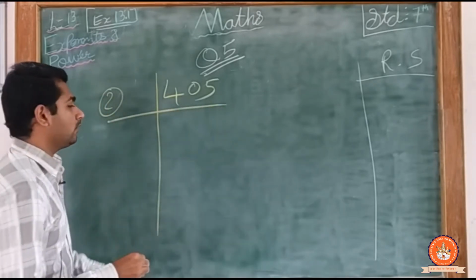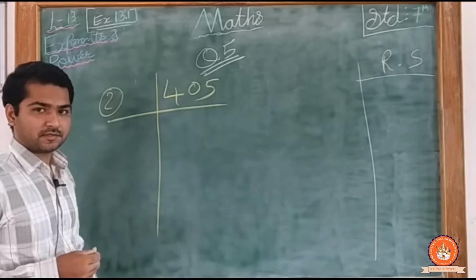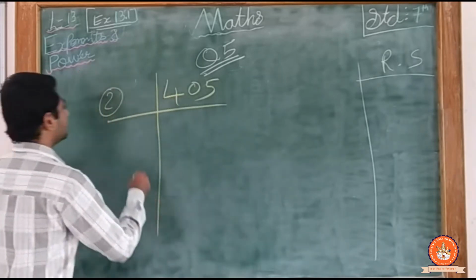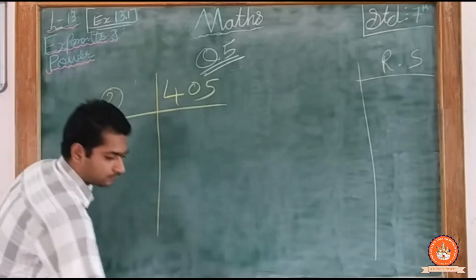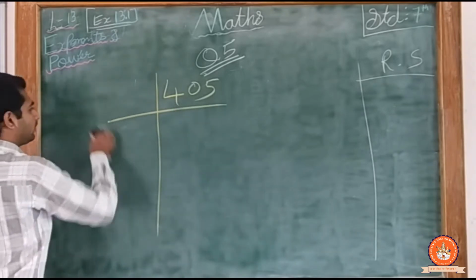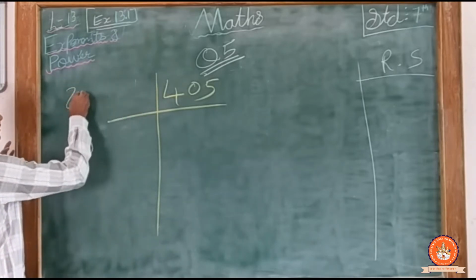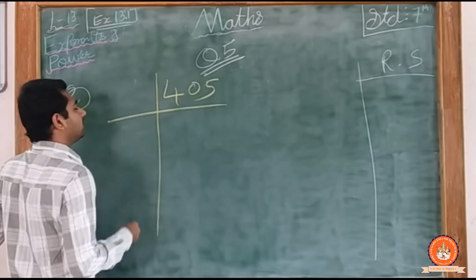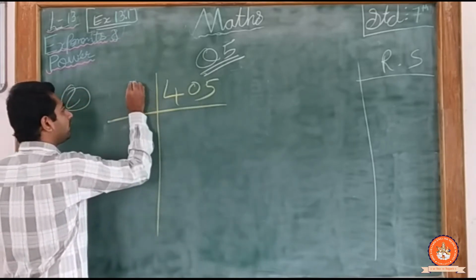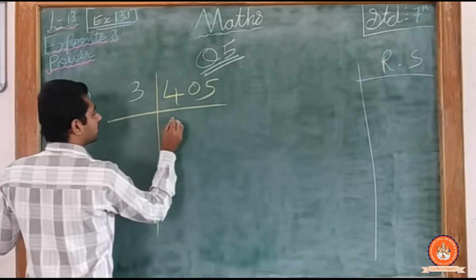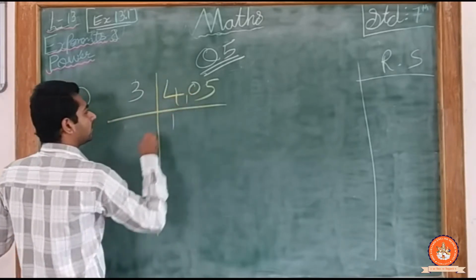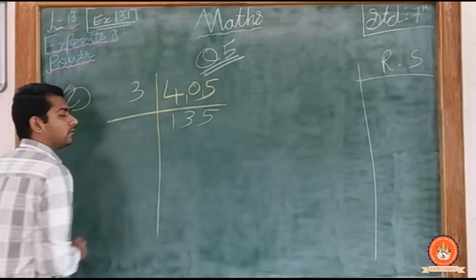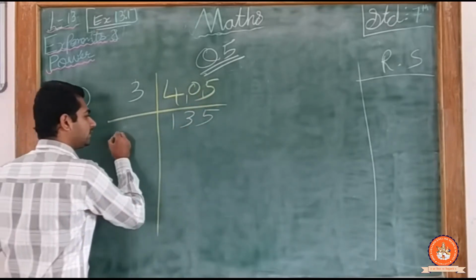Keep in your mind, I explained prime numbers in my previous video, part number 2 of this chapter. If I divide this number by 2, it is not possible, because 2 2s are 4, then comes 0, then 5 will remain. So I will try with 3. 3 is also a prime number. Let's try with 3. 3 ones are 3. 1 is here, that means 4. 3 3s are 9. 1 is here. 3 5s are 15. Done, no problem, it is easy.